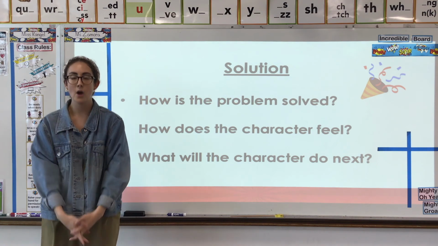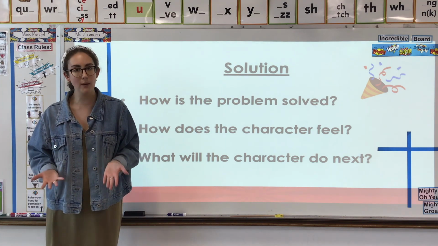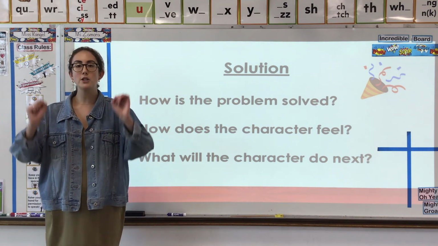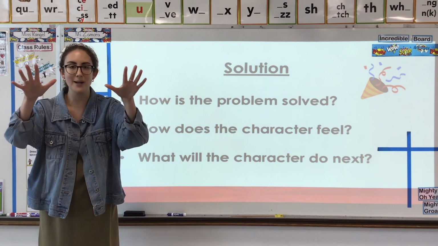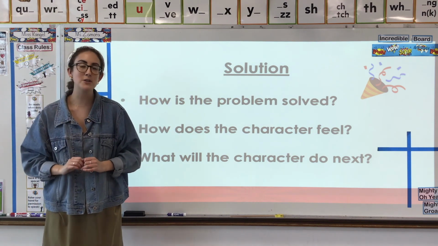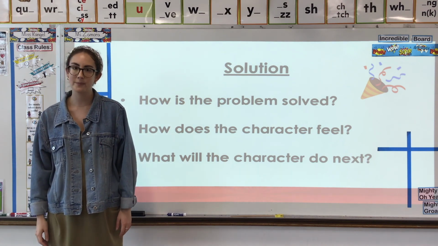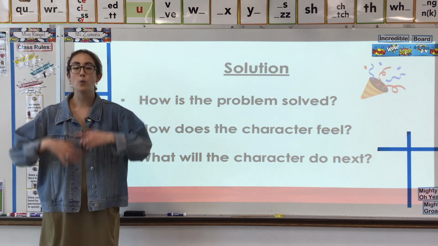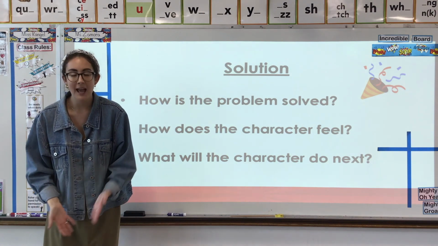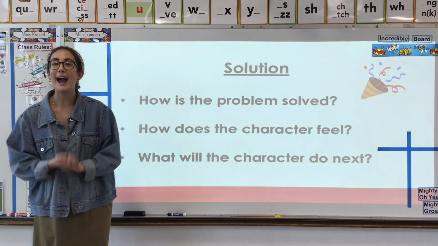Okay, 2nd grade, we've had a great start to our drafting, so I want you to show me with all your words, show me how your story comes to an end and what is next for your character. Take it slow, reread your work, and I can't wait to see how your stories